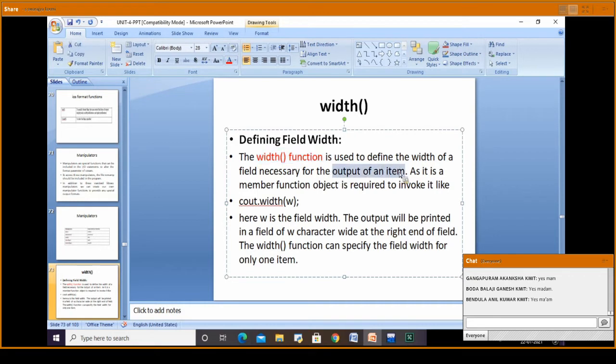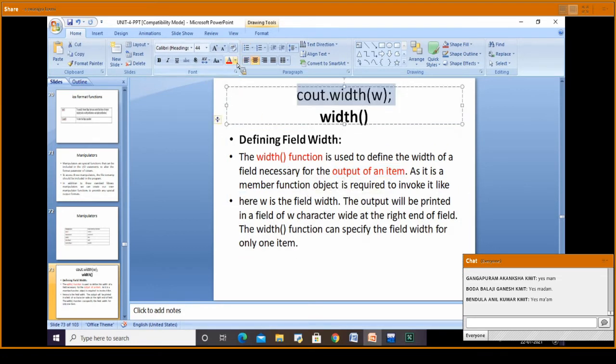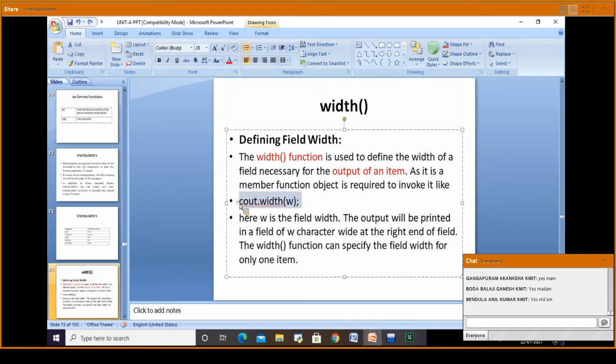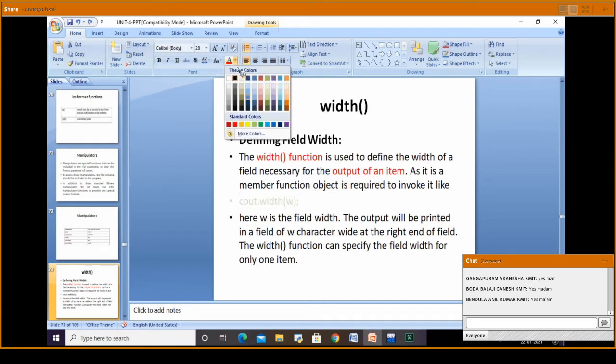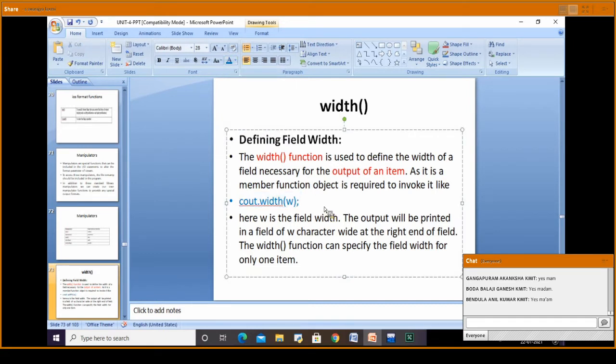It is associated with the output of an item, so we are going to use it on the output object cout, as cout.width. I'm changing the color so that you can observe the change. Cout is an output object, and as width is associated with the output, we link it as cout.width.